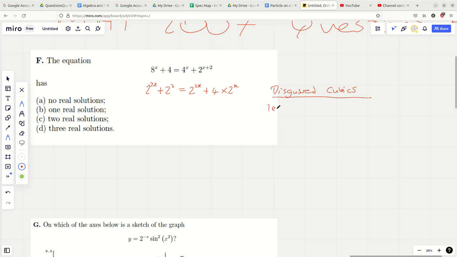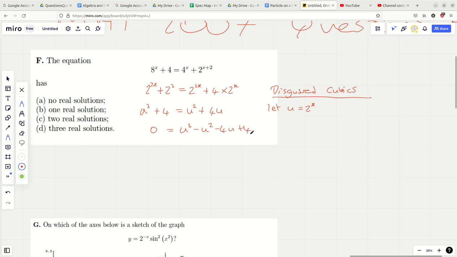And sometimes it helps to let u equal, in this example, 2 to the x, because then you can see you've got a u cubed here. You've got a 4 here. We'll leave that as 4 because it's not that much of a bonus turning it like that. That's going to be u squared, and this is going to be 4u. Okay, so we've got 0 equals, let's do it as u cubed minus u squared minus